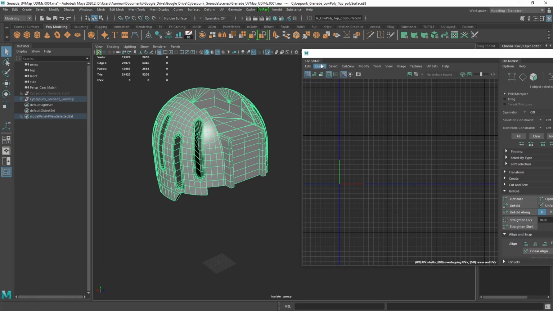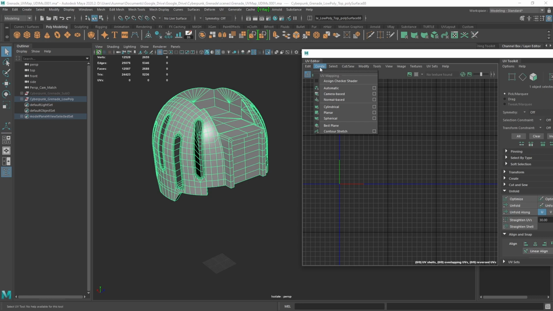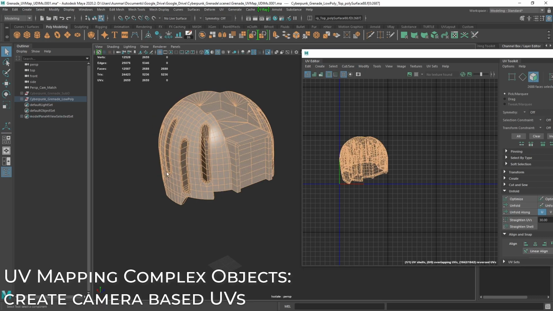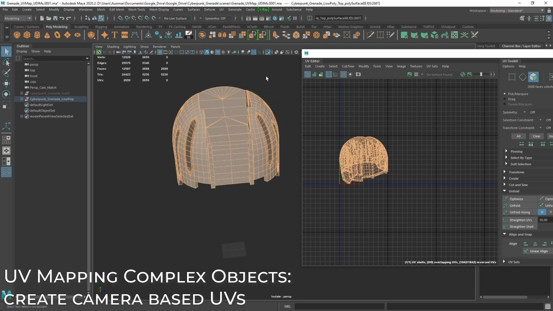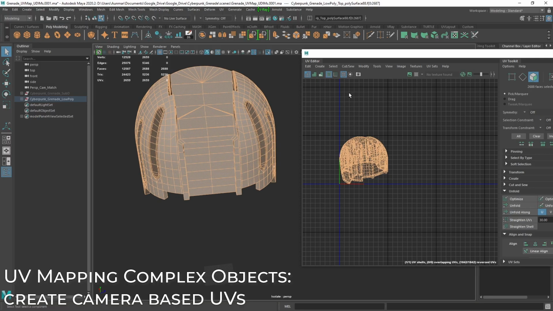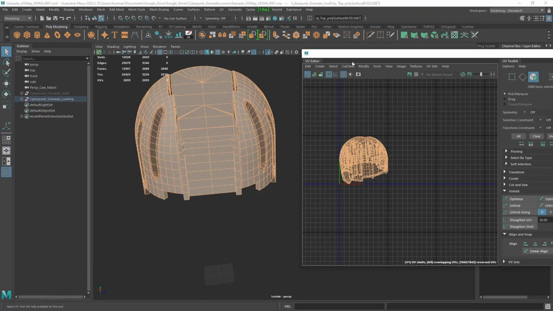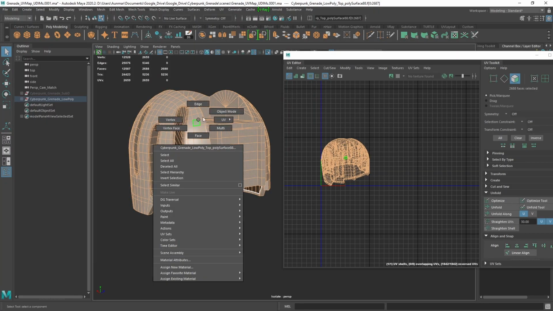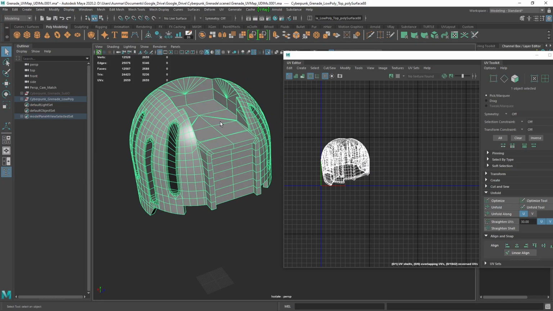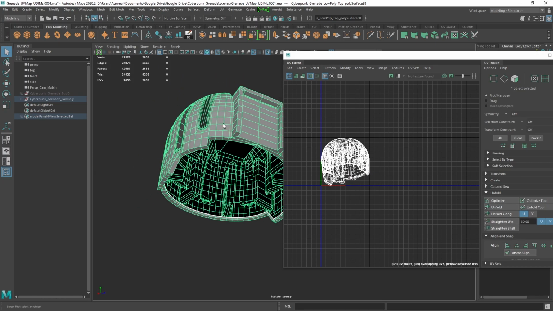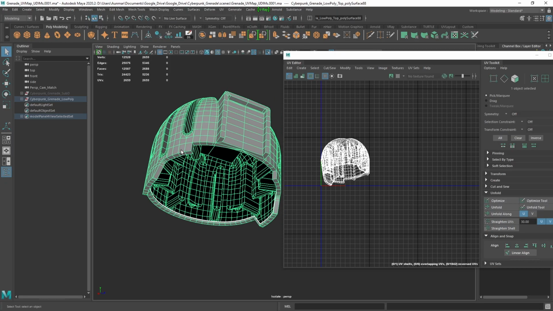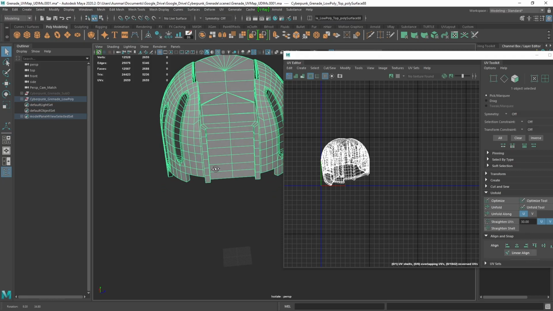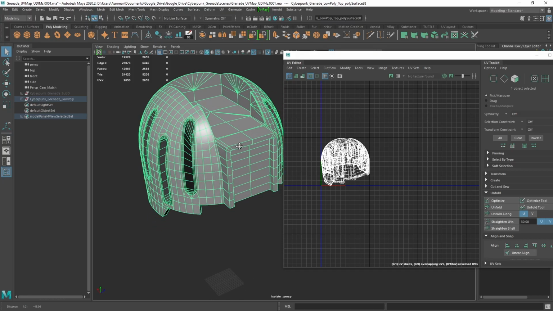mapping. Now what I typically do first when I start the process is go to Create, Camera Based. So now we need UVs to begin cutting this, and adding in seams. Now, the next part that I want to do is actually start cutting in the seams. So the workflow that I use here is essentially I want to break this up into the least amount of pieces possible, but with as many pieces as I need to get nice, clean, properly unfolded UVs